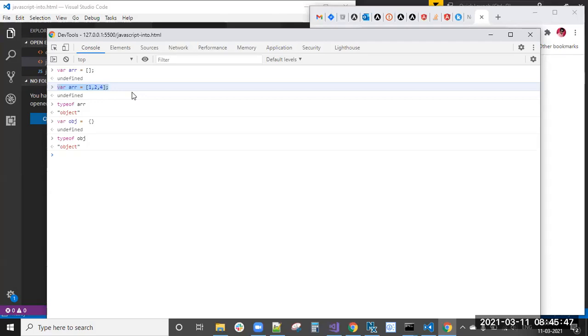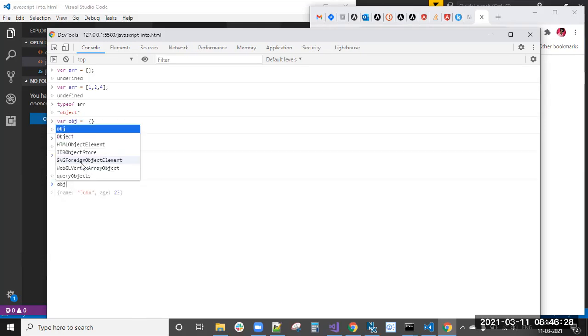That is a big concept in JavaScript. For now, you can remember the syntax: var ARR equal to 1, 2, 4, a collection of elements. For var obj, the syntax is opening and closing braces. Inside that, you will have properties and values, like name colon John, and age colon 23, and you can close that.